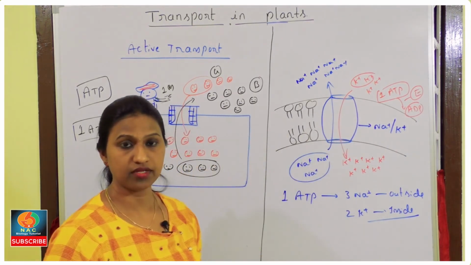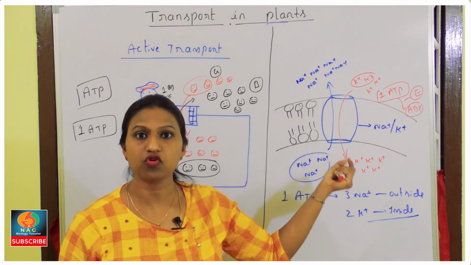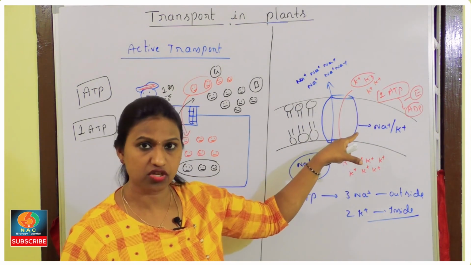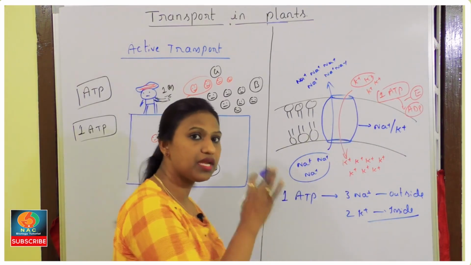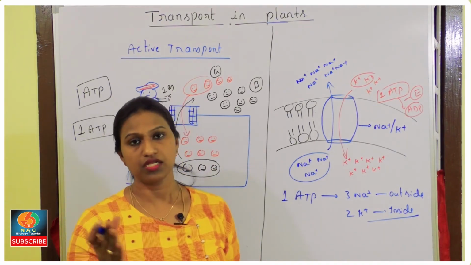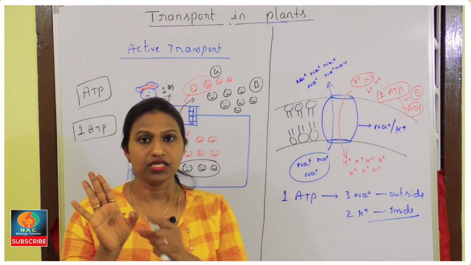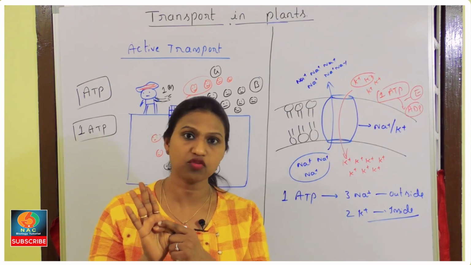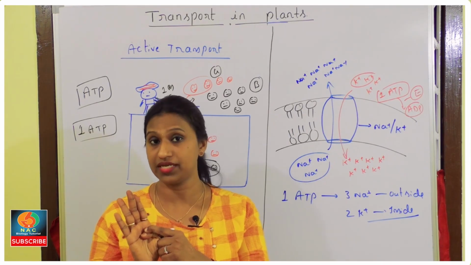through the protein channel. So this is against the rule. This is against the concentration gradient. That's why they are spending energy. That is, expenditure of energy is taking place. ATP is used. So this is the main difference between facilitated diffusion, simple diffusion, and active transport. Simple diffusion is not bothering about anybody. Any molecules can move inside or go outside depending on their concentration gradient, depending on the permeability of the membrane.